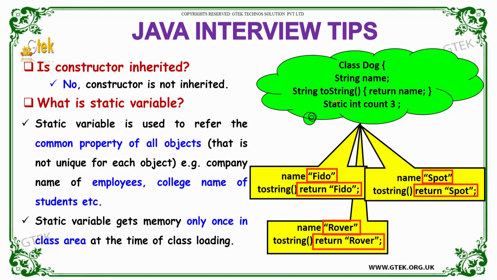If you see over here in our program, we have declared a variable to be static. That is, our count is static as 3. So how many times we run the program, we have only 3 sets of variables that can be passed. So that makes the count to be static.